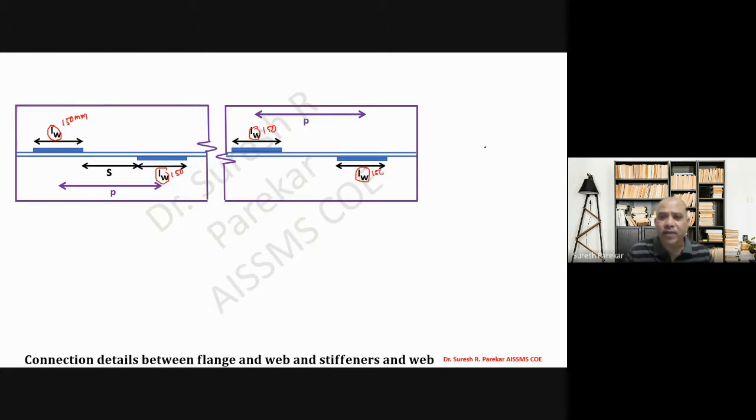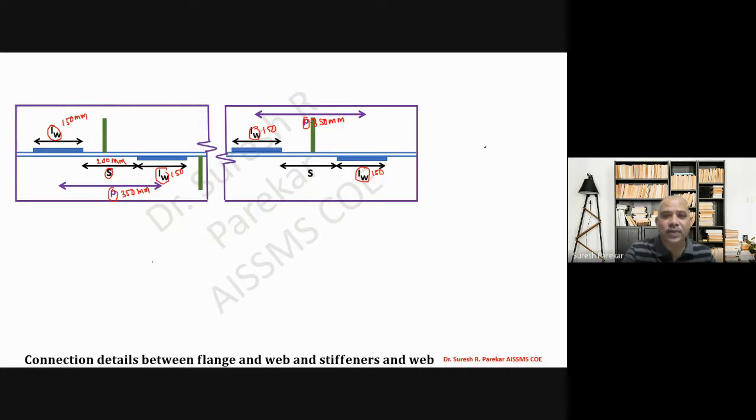And then we have pitch. So let us say we have this value 350. Then you write it down as 350, and automatically you will get a clear spacing, and that clear spacing we will get as 200. So please write down the values of this. Do not write P, S, LW likewise. So this is the connection between flange and web.